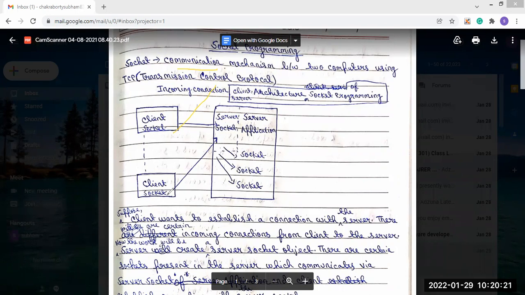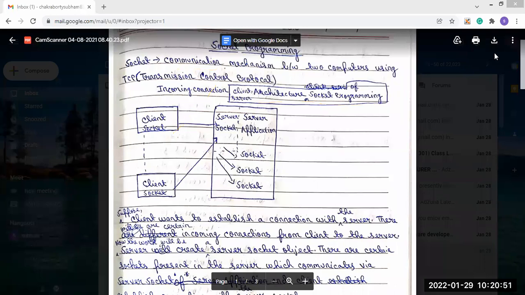After that, communication goes on from the client socket to the server socket, and from the server socket to the internal sockets that are present. So this is the architecture of socket programming.